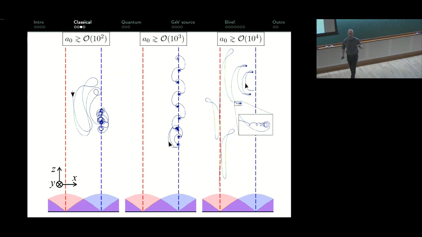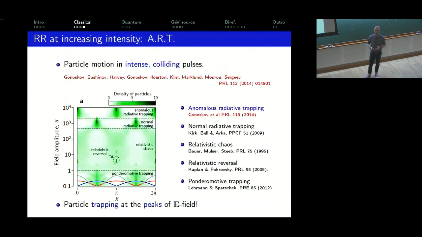So what you traditionally think of as an unstable position of equilibrium has become a position of stable equilibrium at very high intensities. This is very counterintuitive behavior, and it's rather complicated due to the interplay of extremely violent accelerations from this very high intensity and extremely hard, abrupt energy losses from back reaction and radiation reaction. This phenomenon is called anomalous radiative trapping because it is anomalous, it's a bit strange, and it traps particles where you don't expect them to be, at the peaks of the electric field.